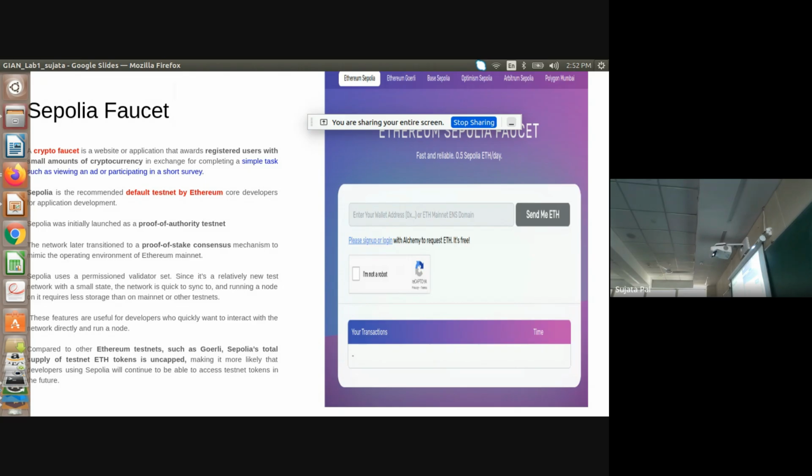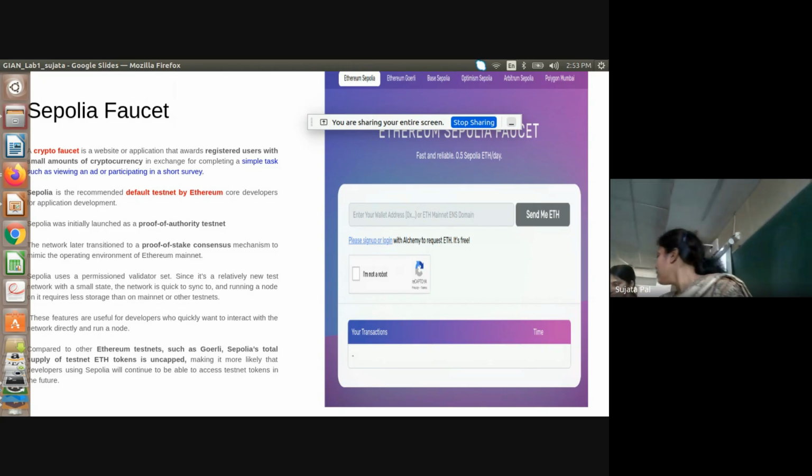You have 0 ETH, right? So you need ETH. For that you have to connect to your LinkedIn account. If you use LinkedIn every day, you will get more ETH. Otherwise, you can connect your Gmail. From there you will get 0.5.